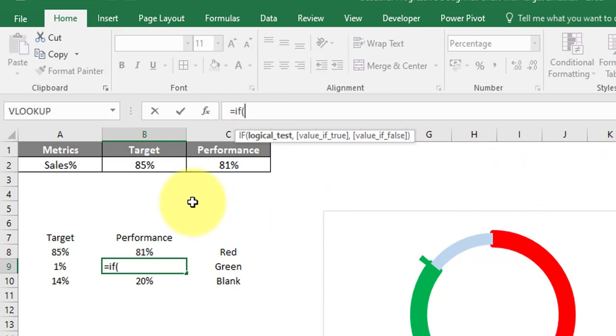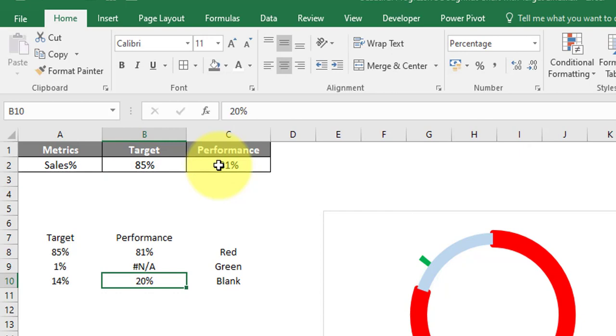So if the performance is greater than or equal to the target value, then performance, it means it's meeting the target, otherwise we do not need to show this particular data point, and this should be 100% minus the performance.